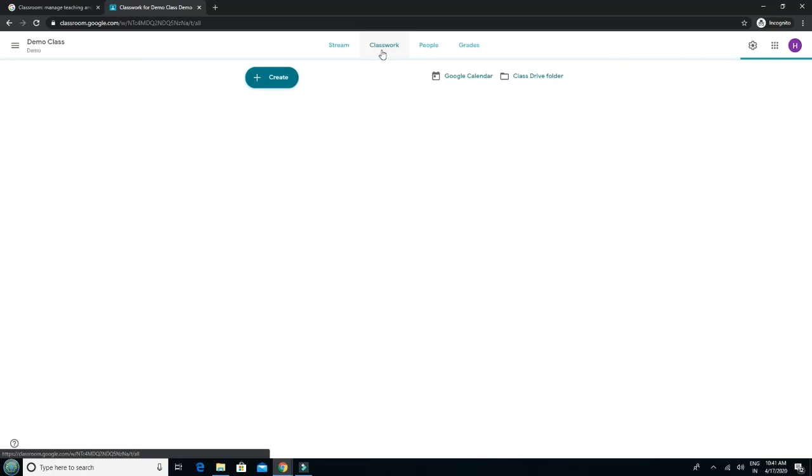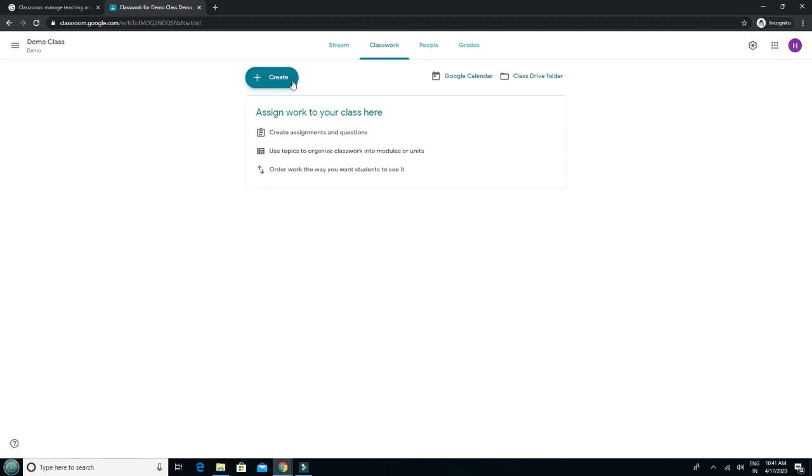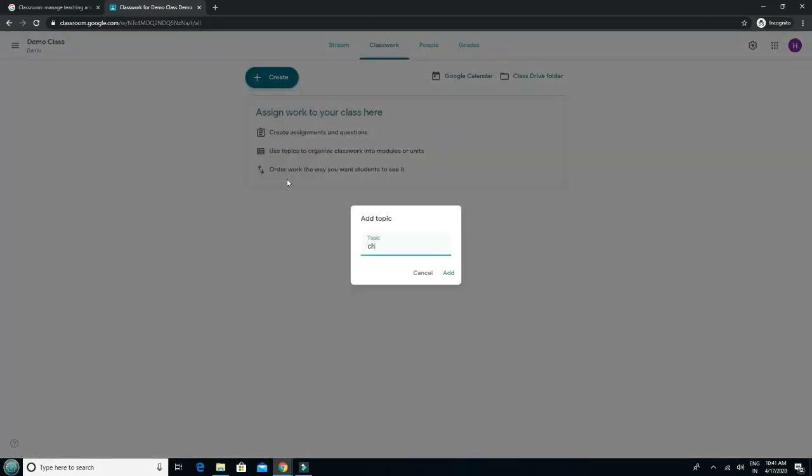Now we'll move to our actual workplace, that is my classroom. As a subject teacher, it is your holy duty to maintain your classwork very well. First of all, here one tab is there, that is called the create tab. As a teacher, I know that I'm going to start the first chapter. So I will click on create and then I will create a topic first. That is chapter number 1.